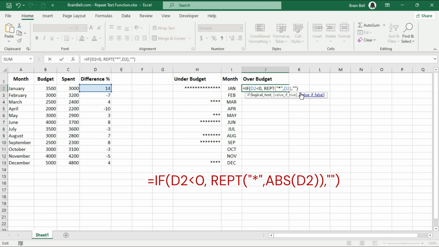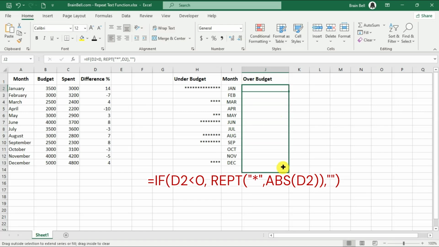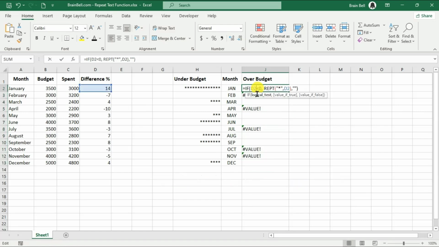However, we encounter a value error in cells where the condition is met. To resolve this, I'll modify the formula to use the ABS function, which returns the absolute value of a number, effectively removing any negative sign. Now, we have our two histograms set up, one displaying positive values for under-budget months, and the other showing negative